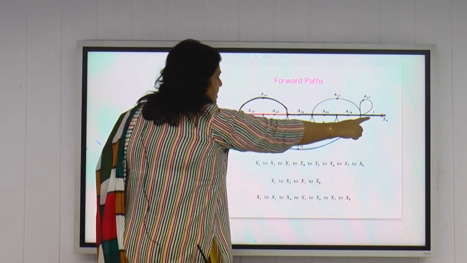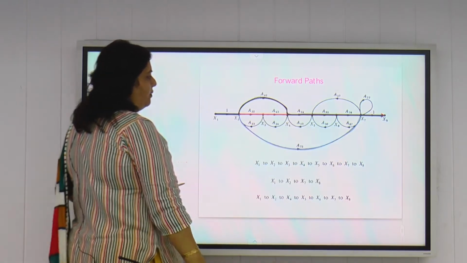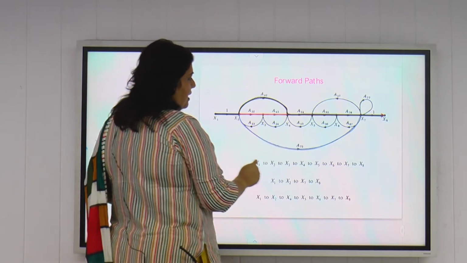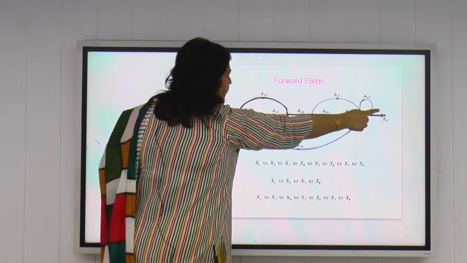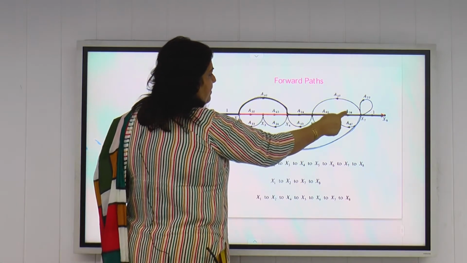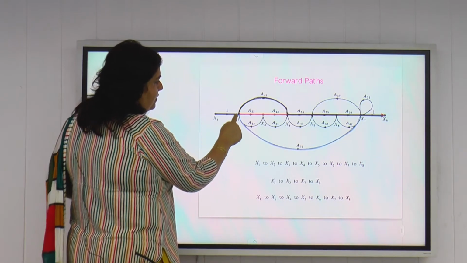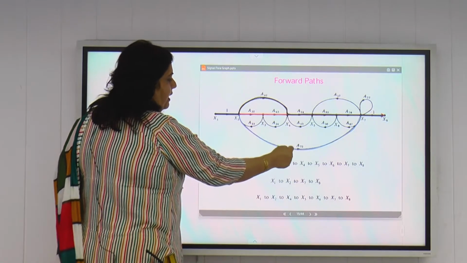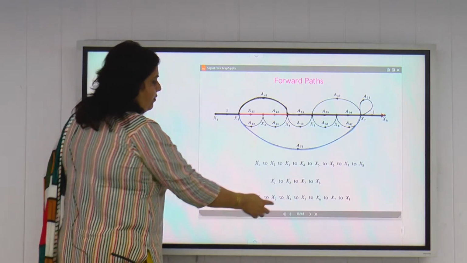This is the first forward path, straight, starting from X1, reach X8, no node should be encountered more than once. So first is A32, A43, A54, A65, A76. Second, the forward path will be X1, X2, then this and directly out to X8. So A42, A54, A65, A76, this is the gain of the second forward path. The third forward path is X1, X2 and then X7 and X8. So the gain will be only A72 here. So these are the three forward paths that are identified in this signal flow graph.